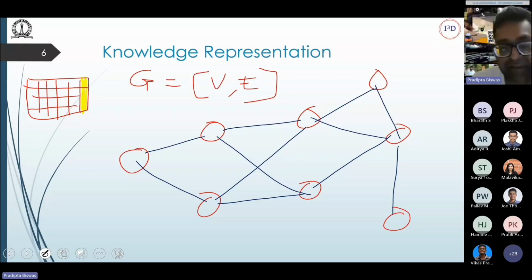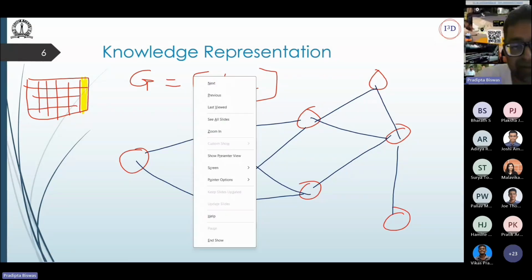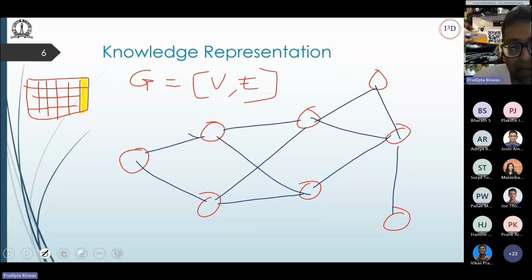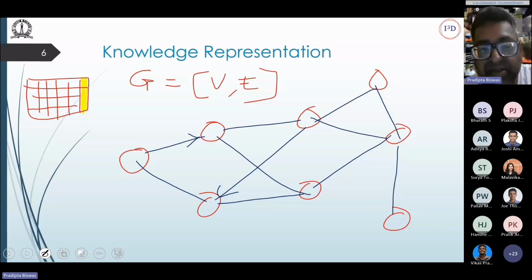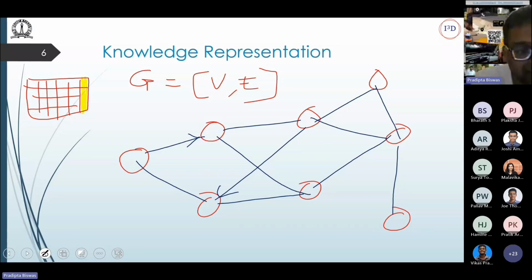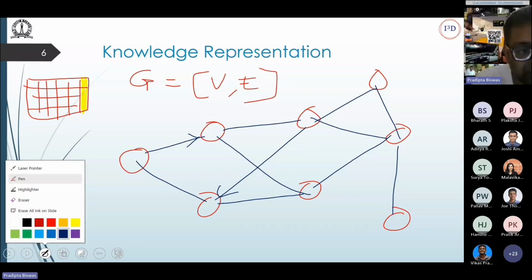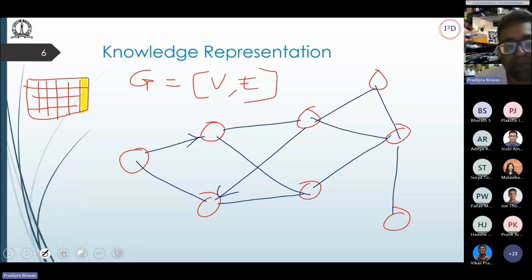In some cases, these edges may also have direction. That means this waypoint is only accessible in this left to right direction, or maybe down, up to down direction, like that. And in graph theoretic terms, we call this a directed graph. In some cases, we can further simplify this problem, that instead of discussing these waypoints and graph, we just discuss